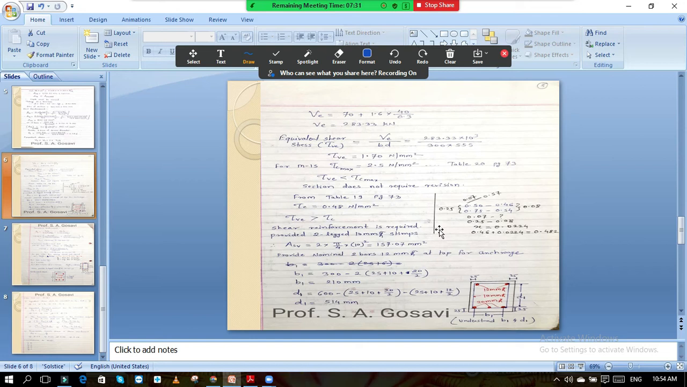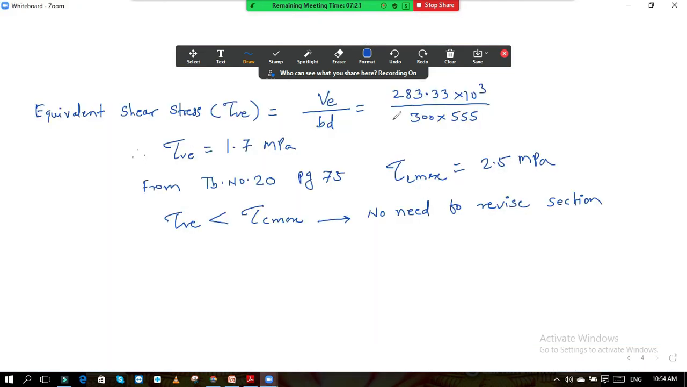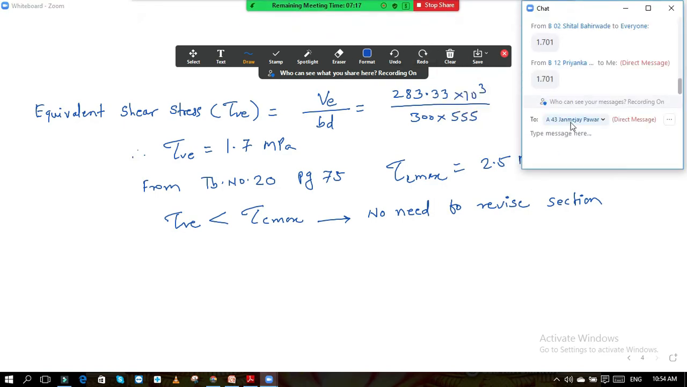What is the permissible value? Anybody? See, I don't have the calculator with me. Also, I don't have the answer of this question with me. So unless and until you solve it, I will not move further. So it is